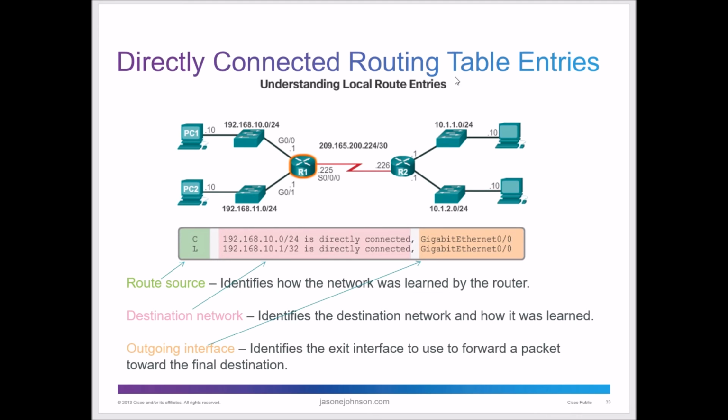So a directly connected routing table entry, and these tables get built. They're files that get built inside the operating system. And this information, you have your route source, whether it's direct connected, destination network information, and the outgoing interface. So we're going to be able to see the routing source, where is my destination information, and then where is it going out on. So this was saying it's going out on the G0/0, or Gigabit Ethernet 0/0, and then that's the IP address, and that's the subnet information right there that it's connected to.